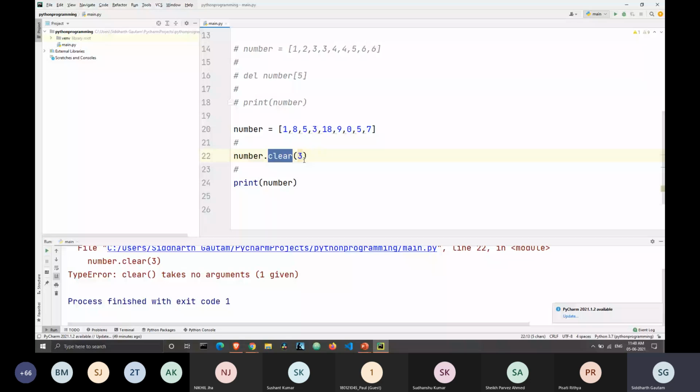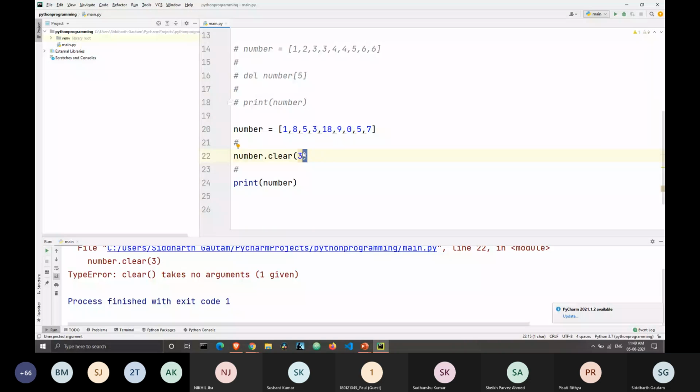Like here, if we don't have the example also, when you're executing a method, whatever comes inside the round brackets of that method, that's what we call an attribute. There can be multiple attributes of a method and that will depend on how the method was written. But in this case, the clear method doesn't take any attribute. It was written in a way that it has to be executed with 0 attributes, and that's why we get an error here. All right.